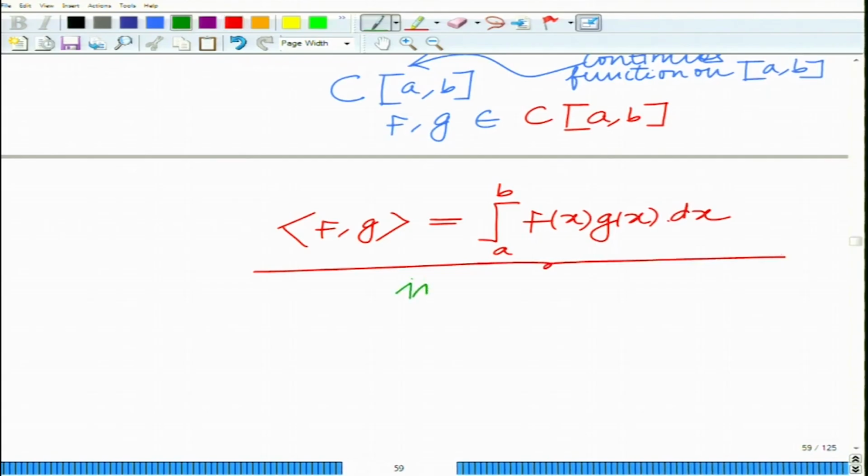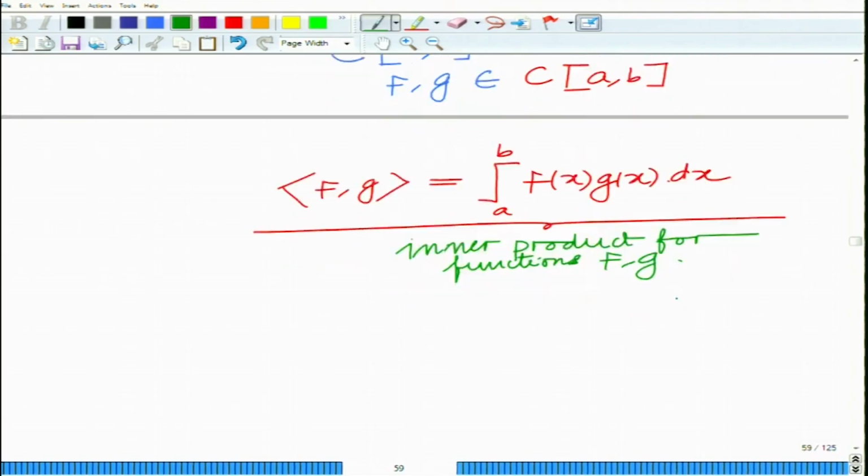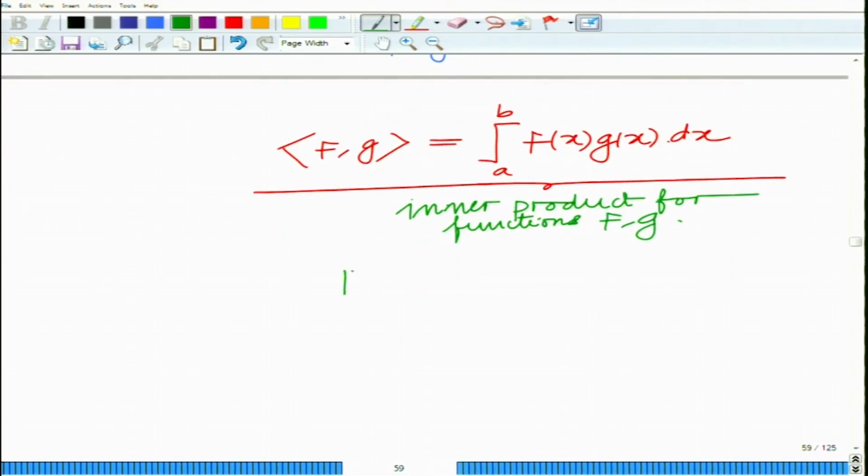So this is an inner product for functions f comma g, and in fact the norm that arises is